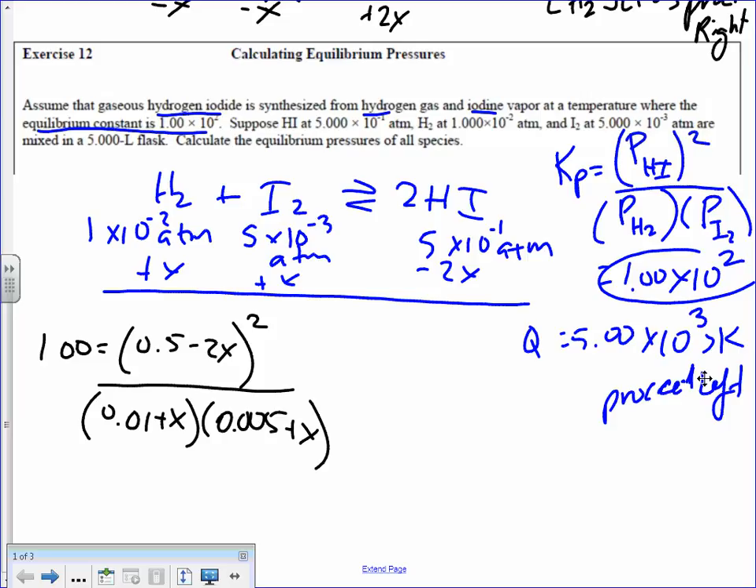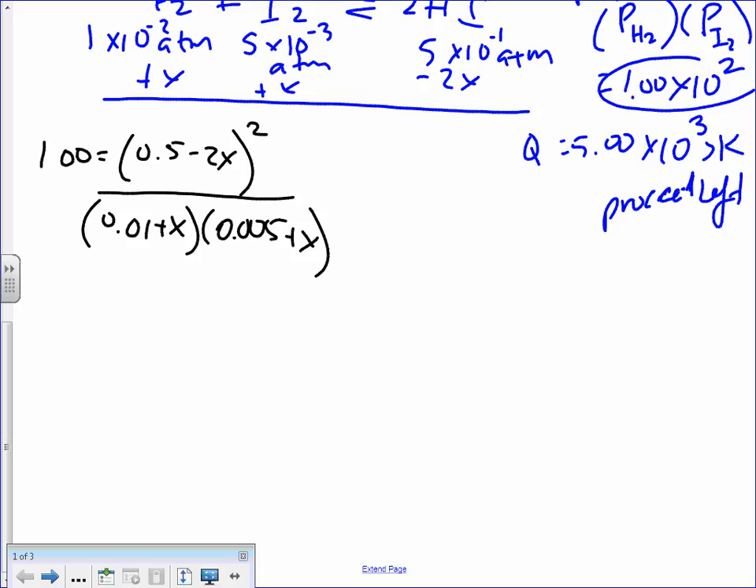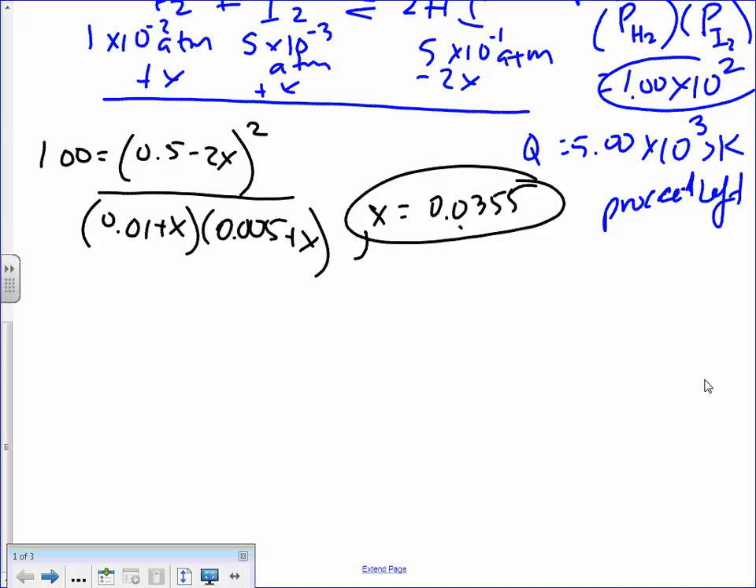So you can take what you have here, parentheses galore, subtract the 100, set it equal to 0. So when you do that, you get x is equal to 0.0355. Okay, and what's the unit on that? Atmospheres, right? So that's the atmospheres, and the question specifically asks for